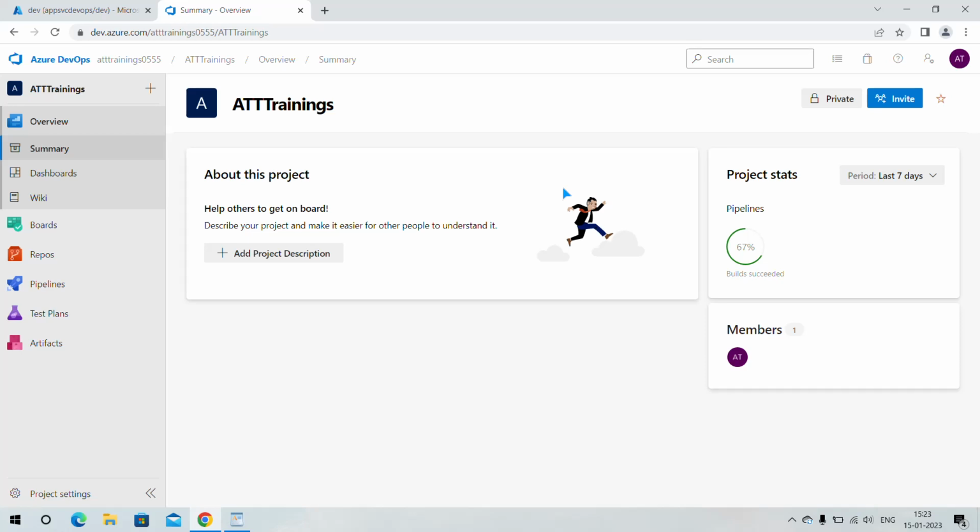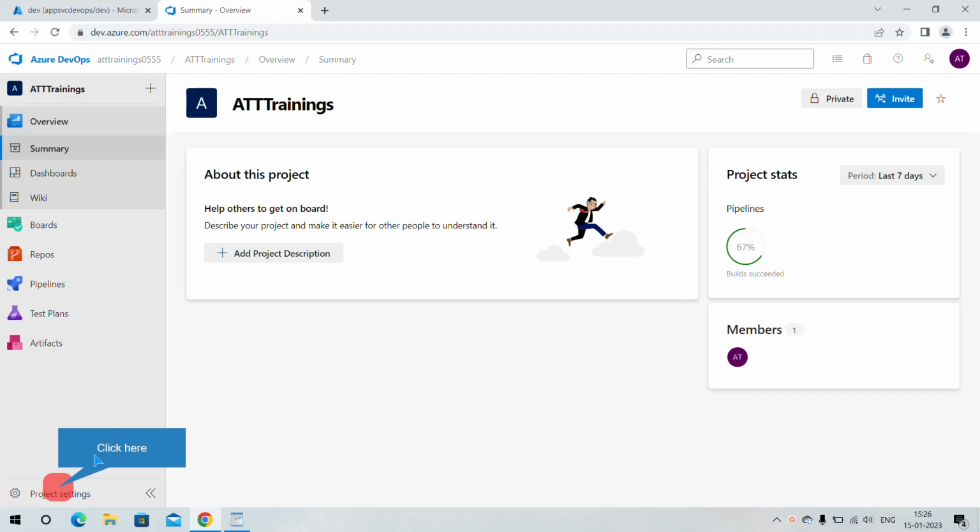Hi, in the last section we have seen how we can create a deployment slot so that we can deploy to that slot from our pipeline. First of all, we need to connect Azure DevOps with Azure Portal so that we can deploy via pipeline. So in this section I will tell you how we can do the same. So to connect, we need to create a service connection.